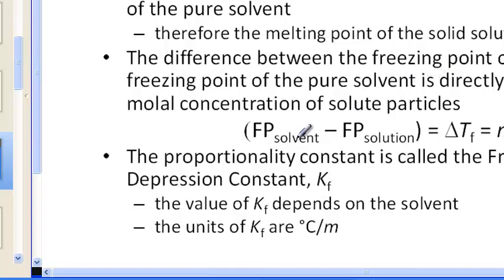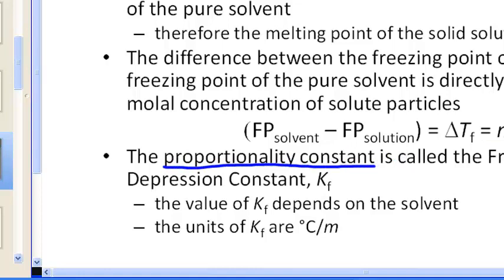The difference in the freezing point of the pure solvent and the solution is what I call the change in temperature, the delta sign, meaning delta is change, the change in the temperature of the freezing. It can be calculated by knowing the molality, see that little m, molality, times the K constant. That proportionality constant